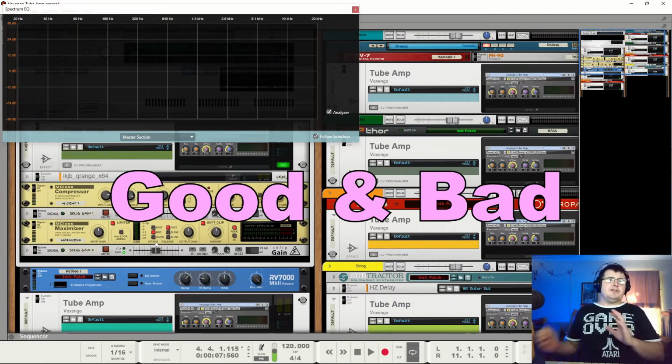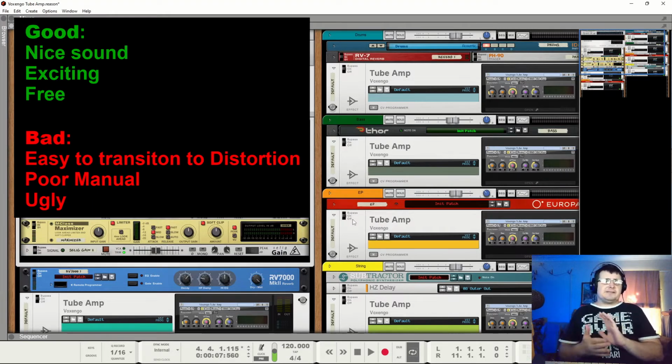We'll run through the goods and bads. It has a nice sound. So Voxengo's tube amp sounds nice. It does sound exciting, which can become a problem, but you have to learn that when you're saturating, not distorting, that exciting sound is enough on its own, because it's how it all comes together.